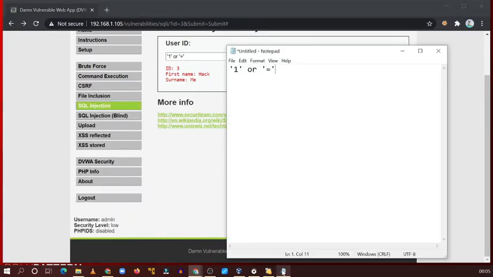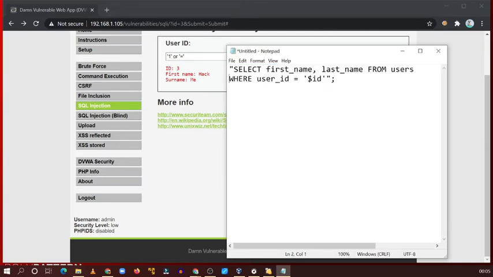Now the thing is, we need to try to view the source code, copy, then paste, then select first name, last name from user where user id equal to this thing, right? You have to put your payload or your syntax in such a way that it will balance the query.